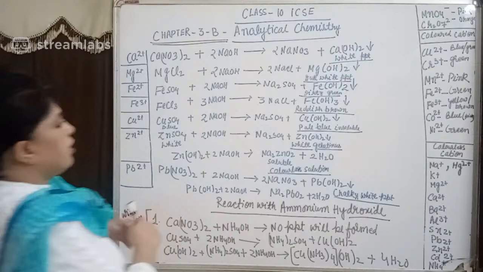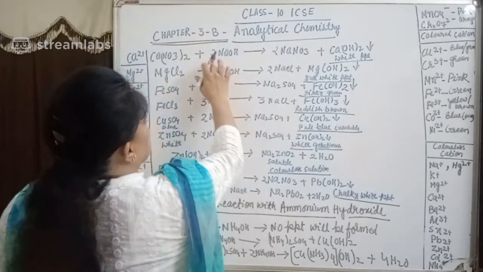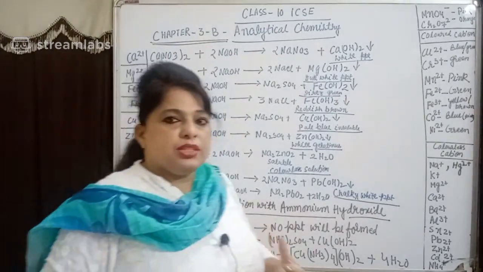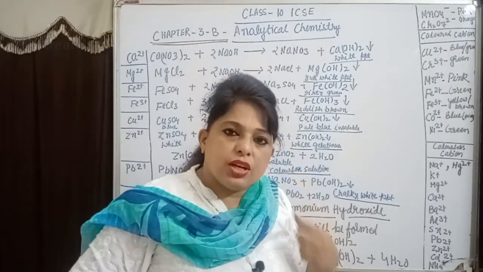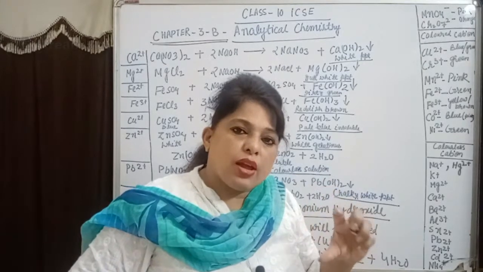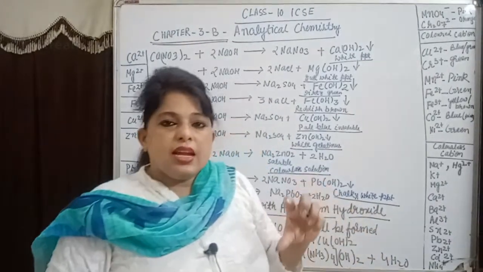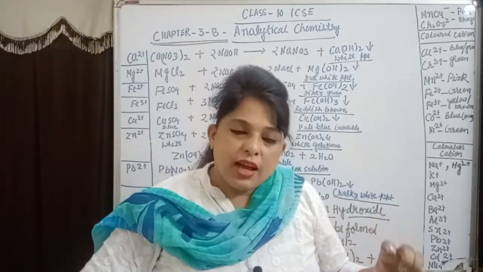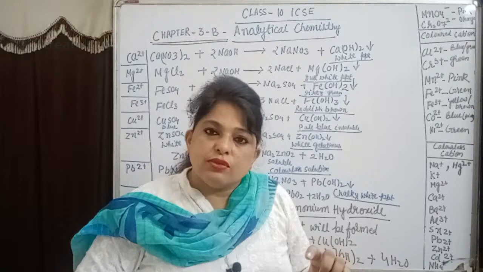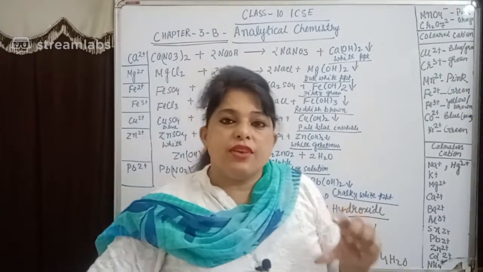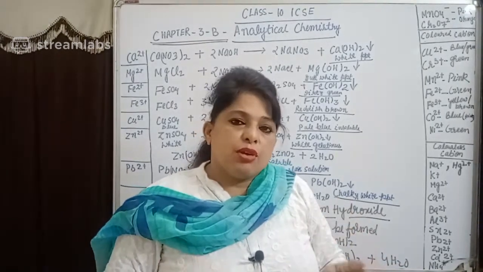Okay, Kritika, now we will start some reactions. First of all we'll study with the sodium hydroxide, and we know that sodium hydroxide and ammonium hydroxide differ in their nature. Sodium hydroxide is a strong alkali which will dissociate completely in an aqueous solution, and it will furnish a greater number of hydroxide ions in comparison to ammonium hydroxide, right? Ammonium hydroxide is what? Ammonium hydroxide is a weak base. It will give us fewer hydroxide ions.